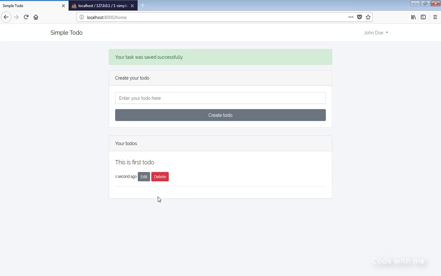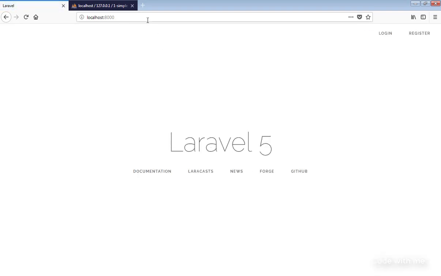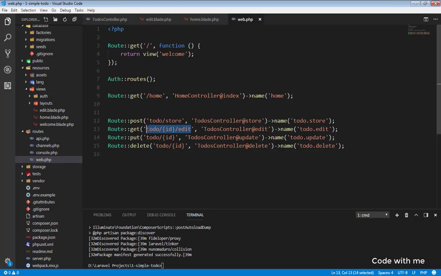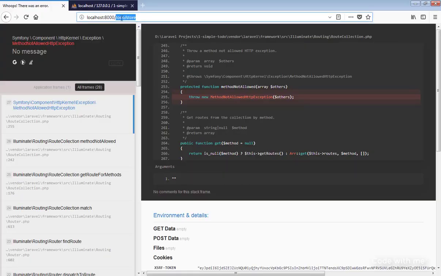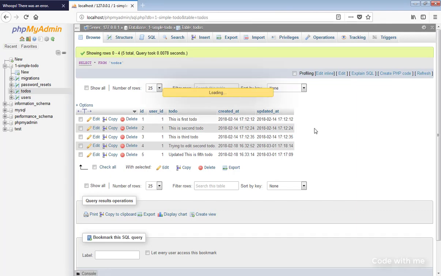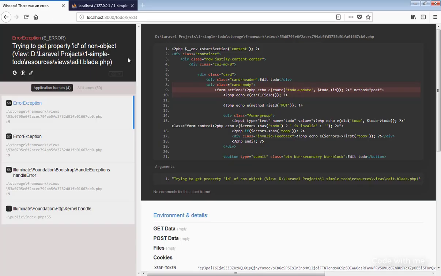Okay, very good. Now let's log out and try to go to the home route. Okay, it's protected. Very good. Let's see if we can go to this route. Okay, it's to-do, and in case of id, let's pass in something new. I think it's 7. Whoops,